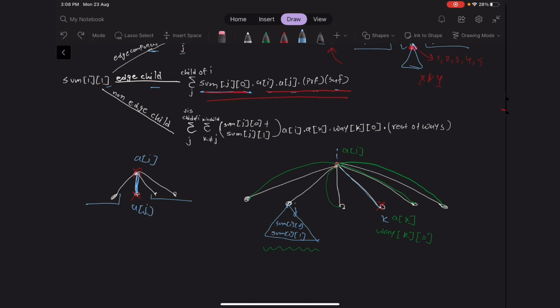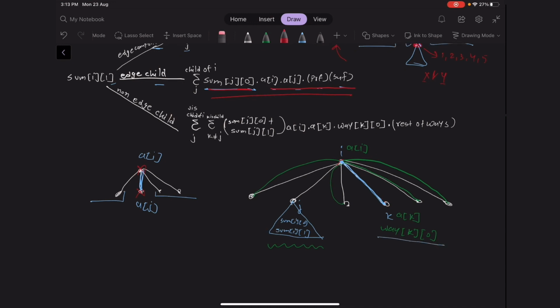Now let us take an example that we have connected this ith parent with this k, which is a child of this ith node, and then there are a of i multiplied by a of k ways to make this edge connection, multiplied by v of k0, because we don't want this node to be connected with any of its children. And after that, for all the other nodes other than the jth node and the kth node, we will multiply in how many ways each node can solve the problem for its sub children. So this is the sum, and this is the total number of times that sum will be repeated.